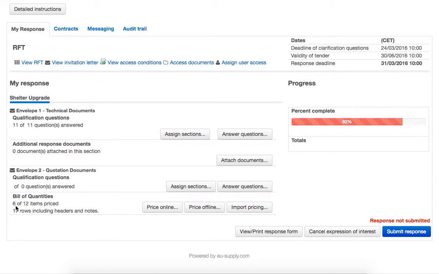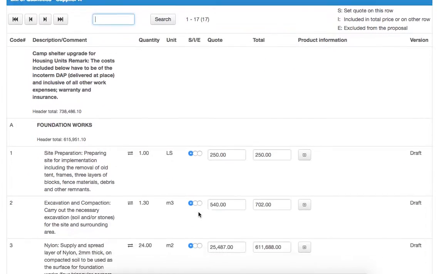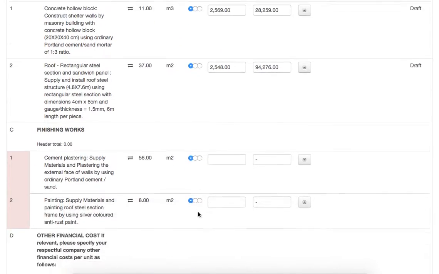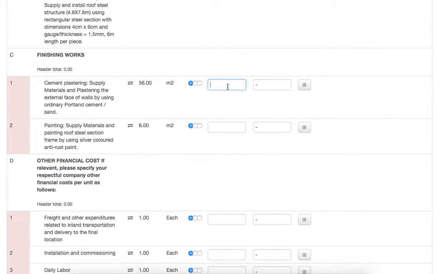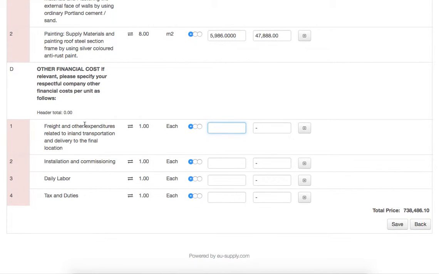You can see I have put in 6 of the required 12 prices, and when I come back, I will simply go in and price online again. So in this case, I'll go back into my price list. I'll find where I have to continue, put in the relevant prices, and if there are some prices here that have no relevance to me,